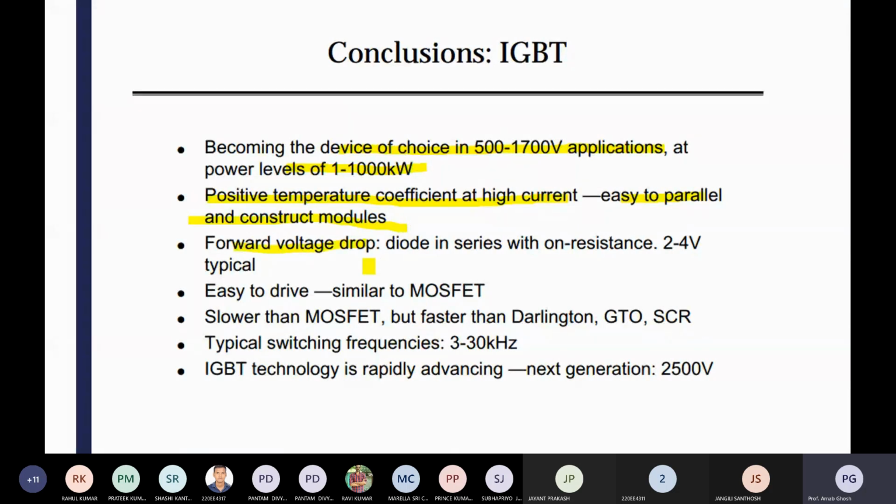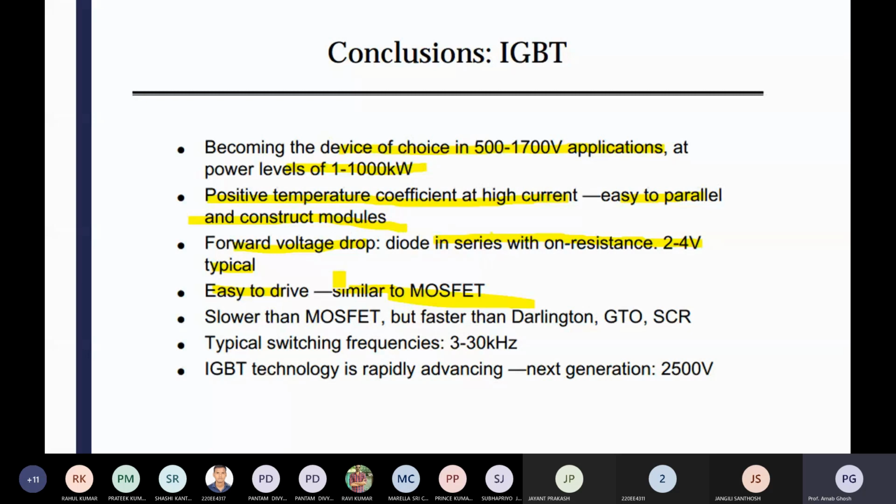It is easy to drive, similar to the MOSFET, because the gate is common, so the same MOSFET driver circuit works. It is slower than a MOSFET but faster than Darlington, GTO and SCR. Typical switching frequency is 3 kilohertz, but in case of MOSFET it is 500 kilohertz.